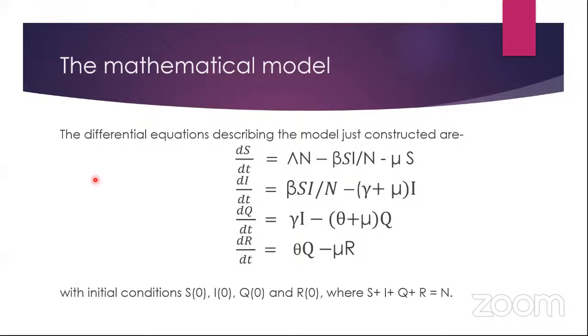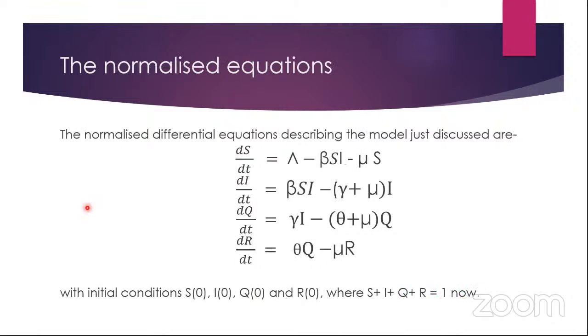And the model equations are described here. dS/dt equals lambda N minus beta S I by N minus mu S. dI/dt equals beta S I over N minus gamma plus mu times I. dQ/dt equals gamma I minus theta plus mu times Q. And dR/dt equals theta Q minus mu R. The initial conditions being S naught, I naught, Q naught, and R naught, where S plus I plus Q plus R equals N. Now, if we do the normalization of the equations by dividing everything by N, then the